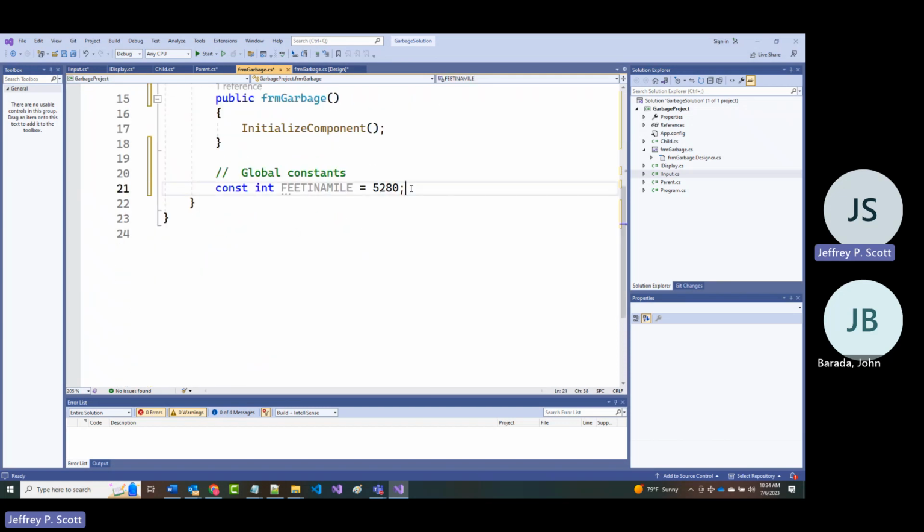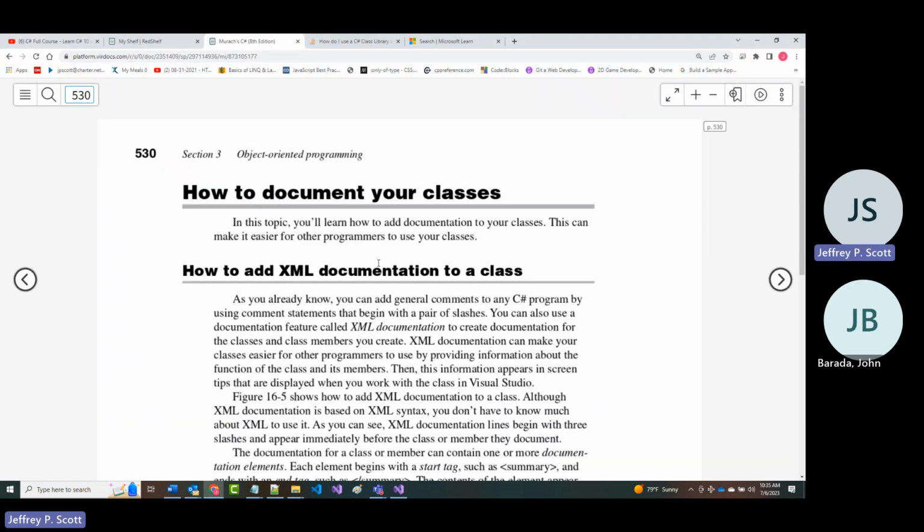But, and I did this a couple weeks ago, you may or may not have seen it when I did, but if I put in 3 forward slashes, you may or may not have noticed, okay, but right now, this is not green. It is gray. All right. When you use 3 forward slashes, you are putting in XML documentation.